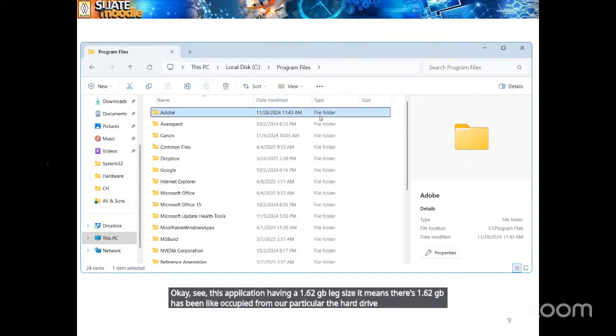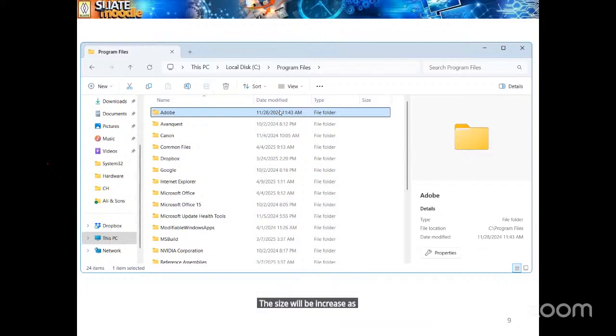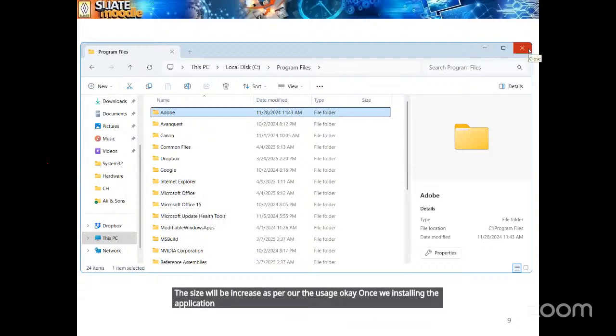While we are performing more and more tasks and handling more details in this application, the size will increase as per our usage. Once we install the application, it will automatically be stored on this particular hard drive.